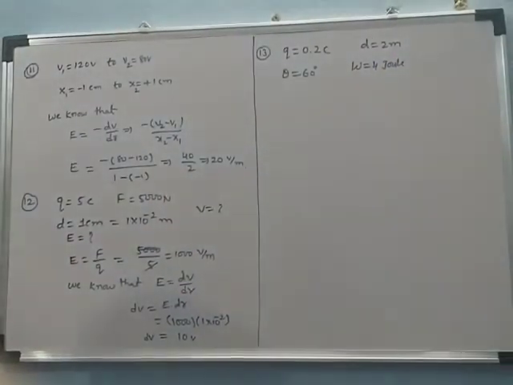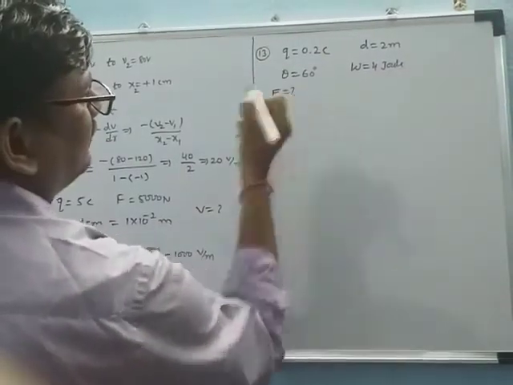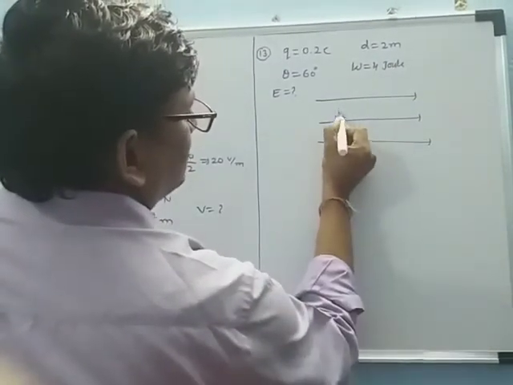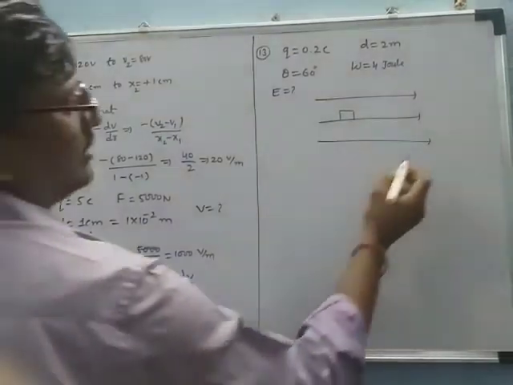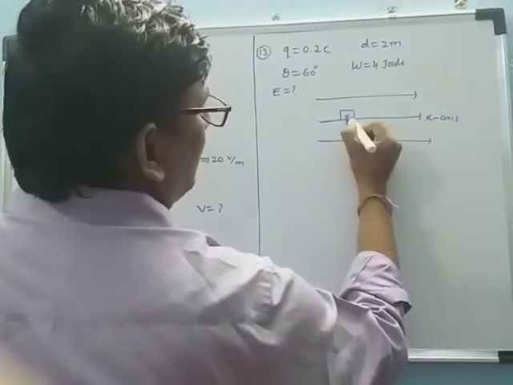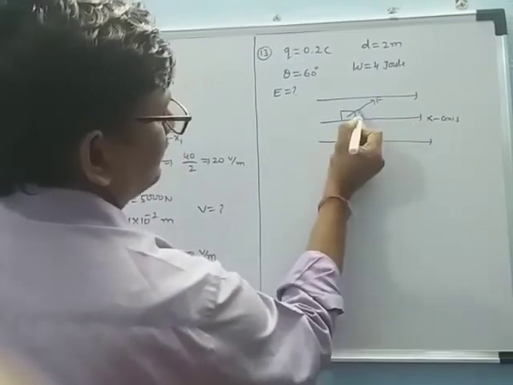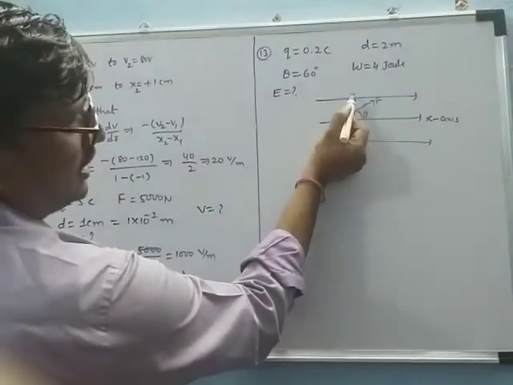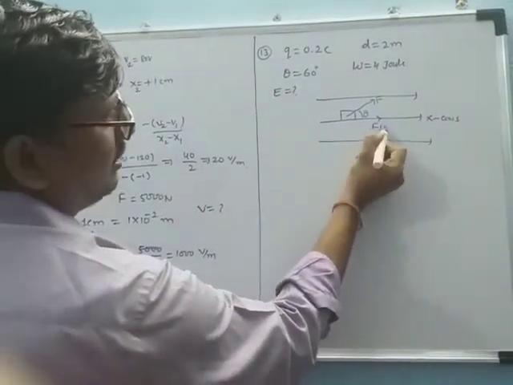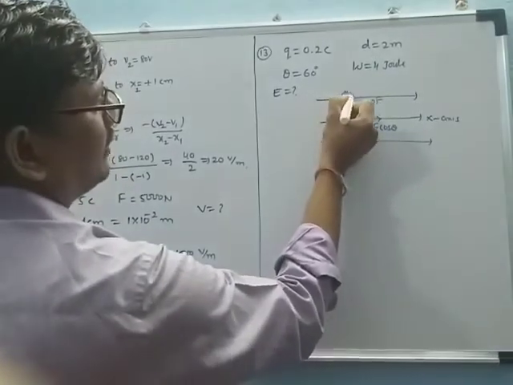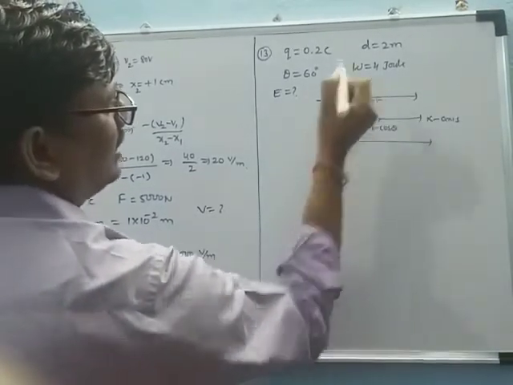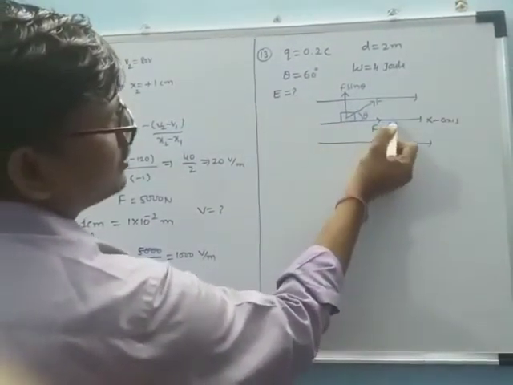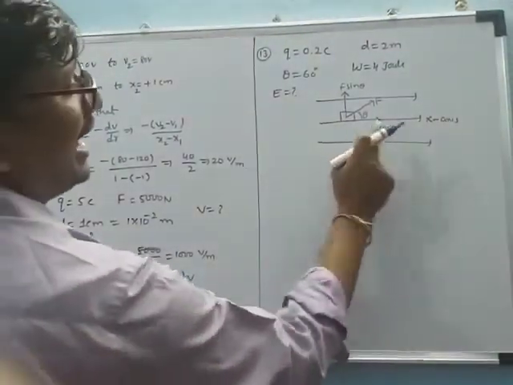Then we can find out the electric field. See, this is an electric field, and in it we consider this as an object. This is also considered the x-axis. Now the force applied in this direction is making an angle theta. This force can be resolved into two rectangular components: one is the horizontal component, F cos theta, and the vertical component, F sin theta. When the force is applied in this direction, the object moves from one place to another along the x component.